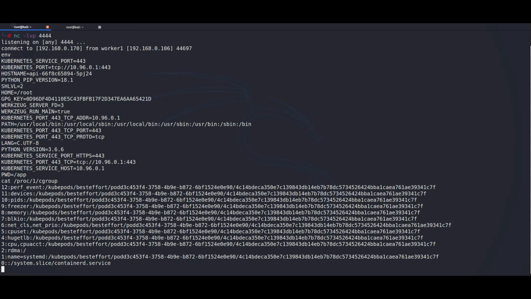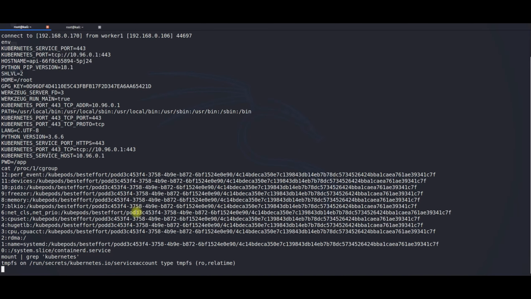Let's go ahead and try to identify things. For example, first we need to identify the mounts, because all of them are running with service accounts, since we don't have users on the pod side. When a service account is configured, they keep some tokens somewhere, so we will find out where these tokens are. First we need to enumerate the mounts. See, here is the mount which talks about Kubernetes.